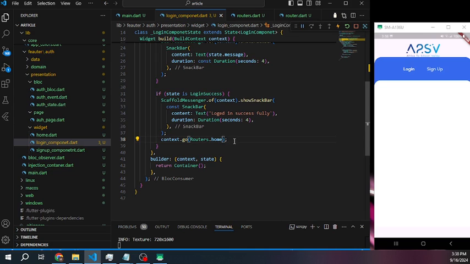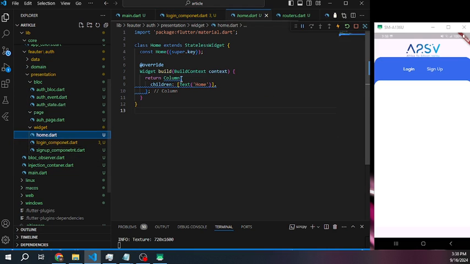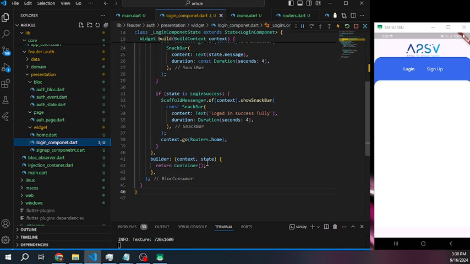Oh, routers. Not routers. Okay. If you are successfully logged in, you are going to navigate to this router or this page. I think our homepage is not complicated, just a text. Show you. After that, what we need to do is,